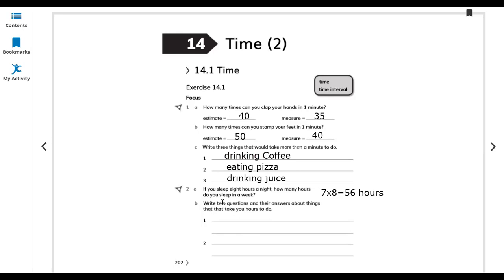I took a question and its answer about the things that take you hours to do. If you write the question, no need to write the answer. But mostly you will spend an hour traveling from one city to another, or within a city, from home to your school. It takes maybe 20-25 minutes if it's a little bit far away. Or traveling from one city to another city, maybe 2 or 3 hours. Or you have a flight from one city to another city. Normally, it takes you more than 1 hour. So it's up to you which one you will choose.